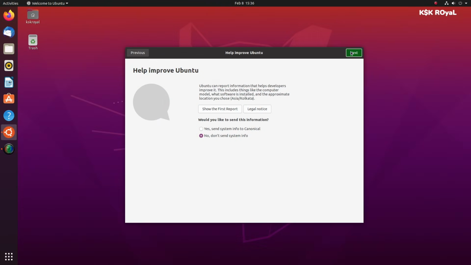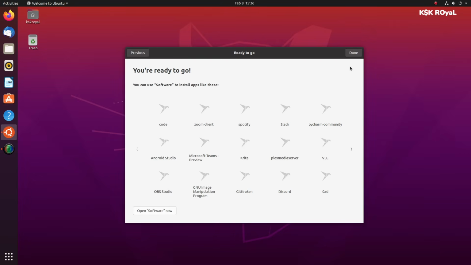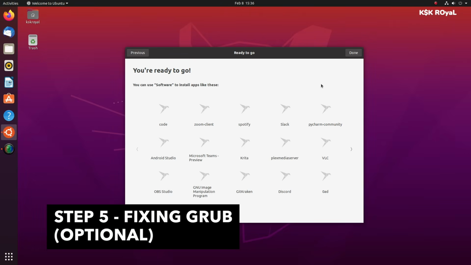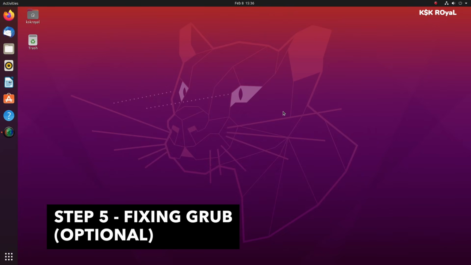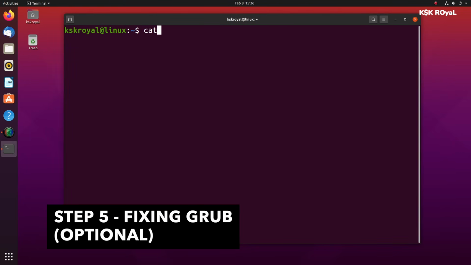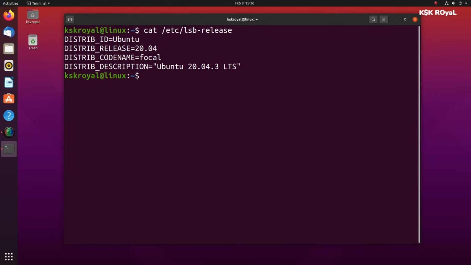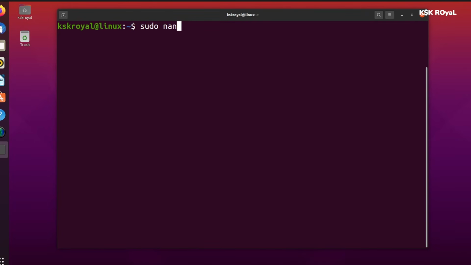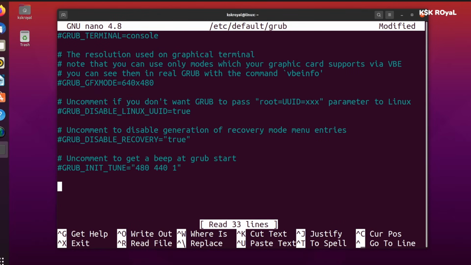Now keep in mind that in case you are trying out Ubuntu 22.04 LTS or later versions, the OS Prober feature is disabled by default, and this is going to create a problem for many users. The grub bootloader may not probe for another operating system, and this is why you won't see any Windows bootloader entry inside the grub menu. It's not a major problem and can be fixed by adding a line to the default grub config file, which is present under the etc directory. Now just type GRUB_DISABLE_OS_PROBER and set this value to false, then save it.